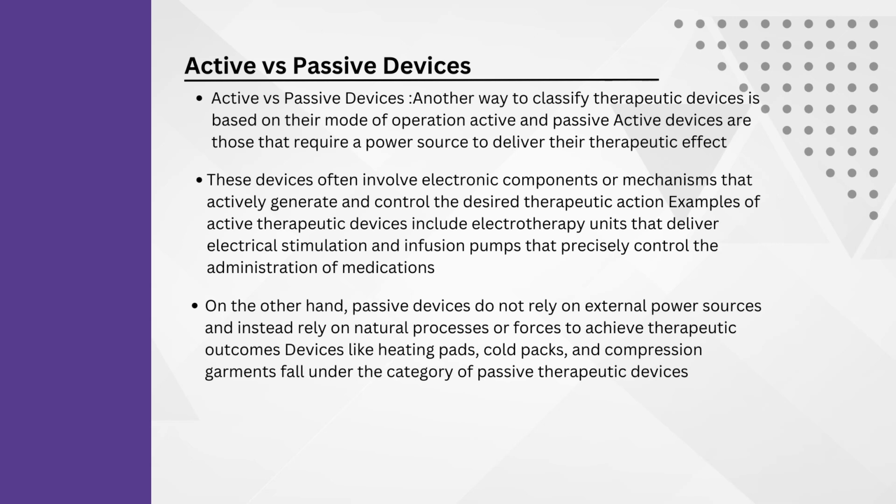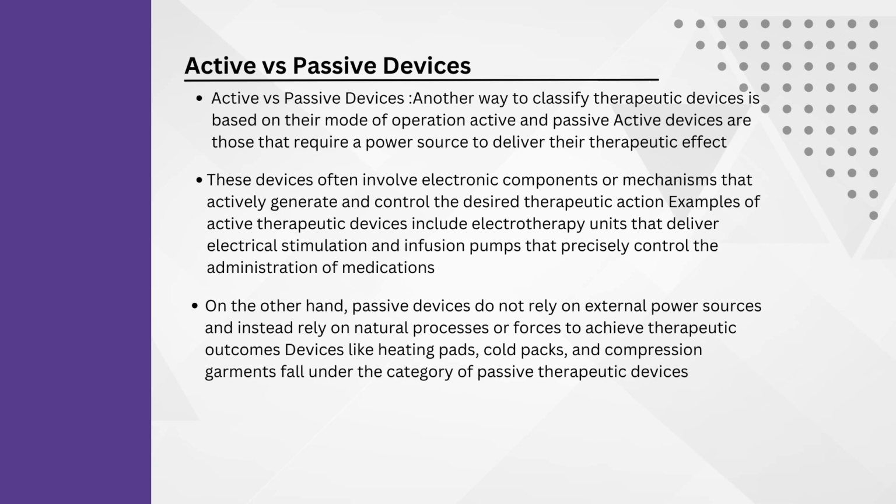Active devices are those that require a power source to deliver their therapeutic effect. These devices often involve electronic components or mechanisms that actively generate and control the desired therapeutic action. Examples of active therapeutic devices include electrotherapy units that deliver electrical stimulation and infusion pumps that precisely control the administration